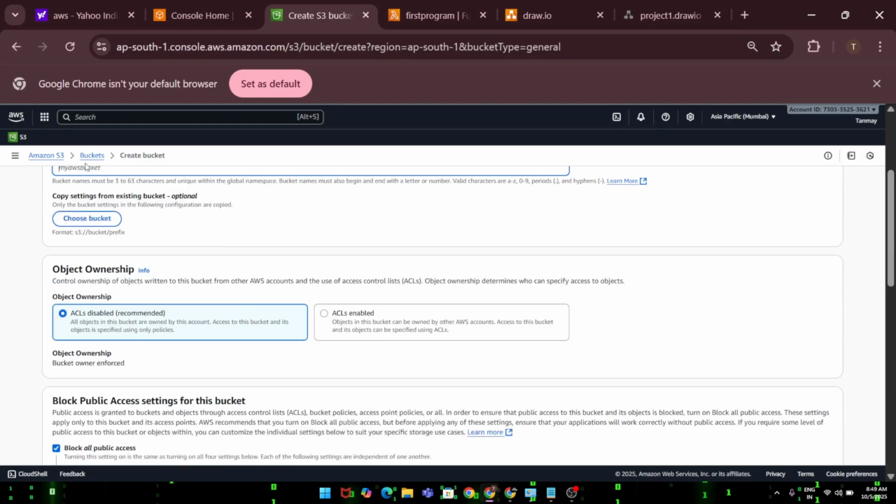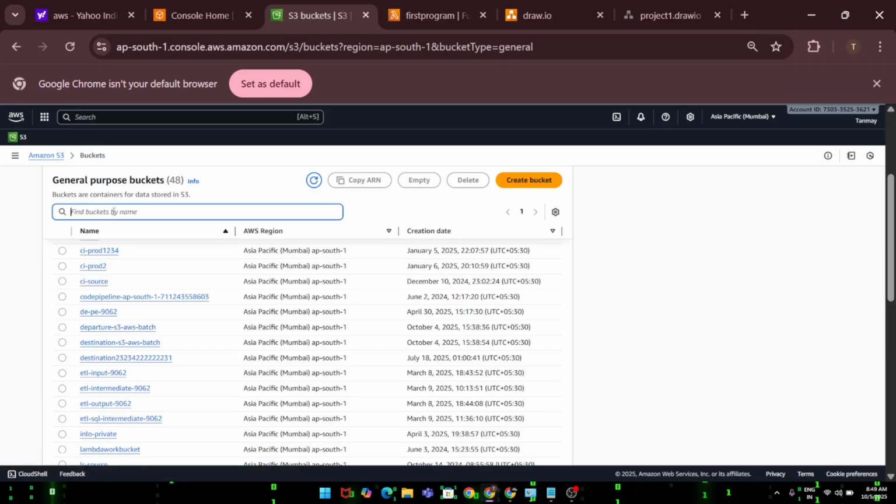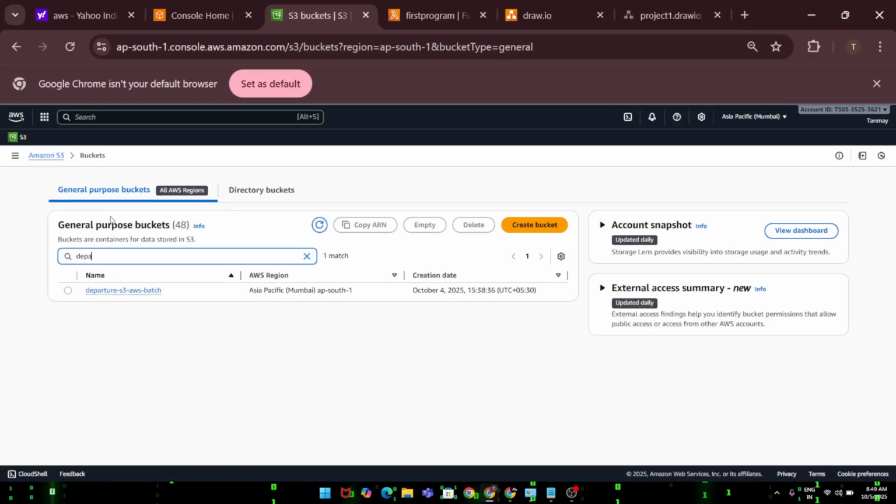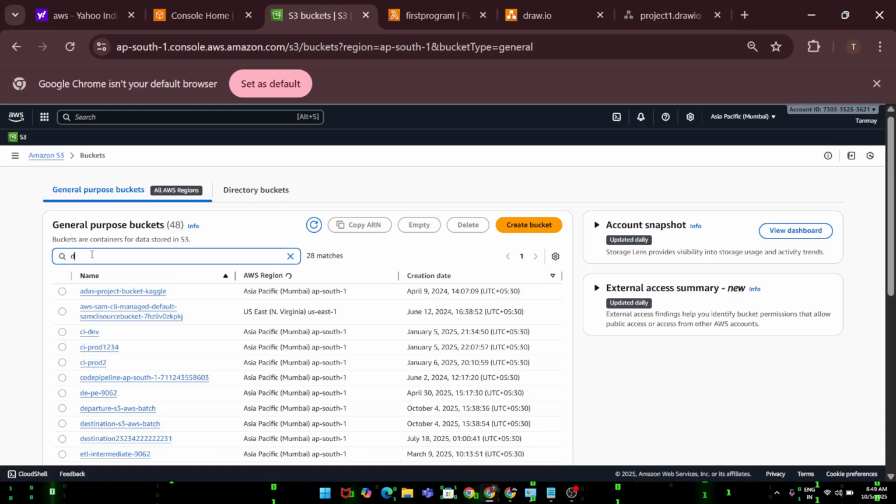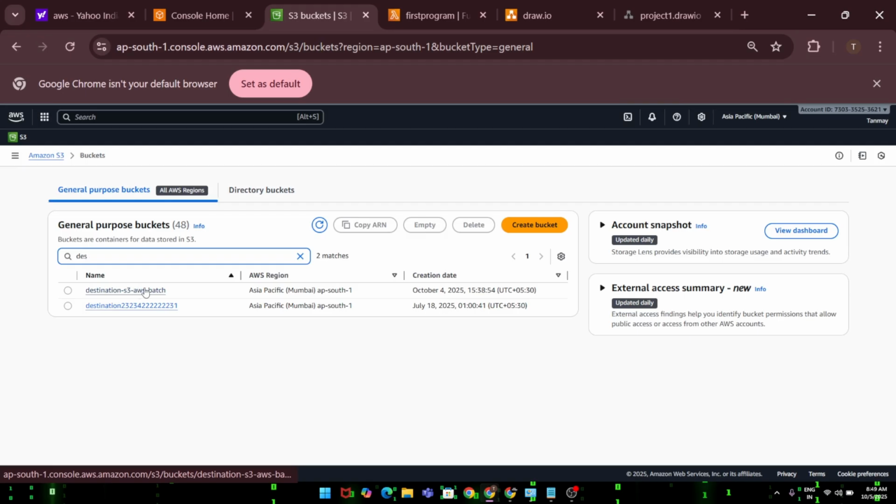Okay. In my case, I have already created the destination bucket and departure bucket. If I show you, see, this is the departure bucket name, departure-s3-aws-batch. Same way, destination-s3-aws-batch. So these are the two buckets that I already created before. Same way you can create these two buckets. Okay, so once these two buckets are created,